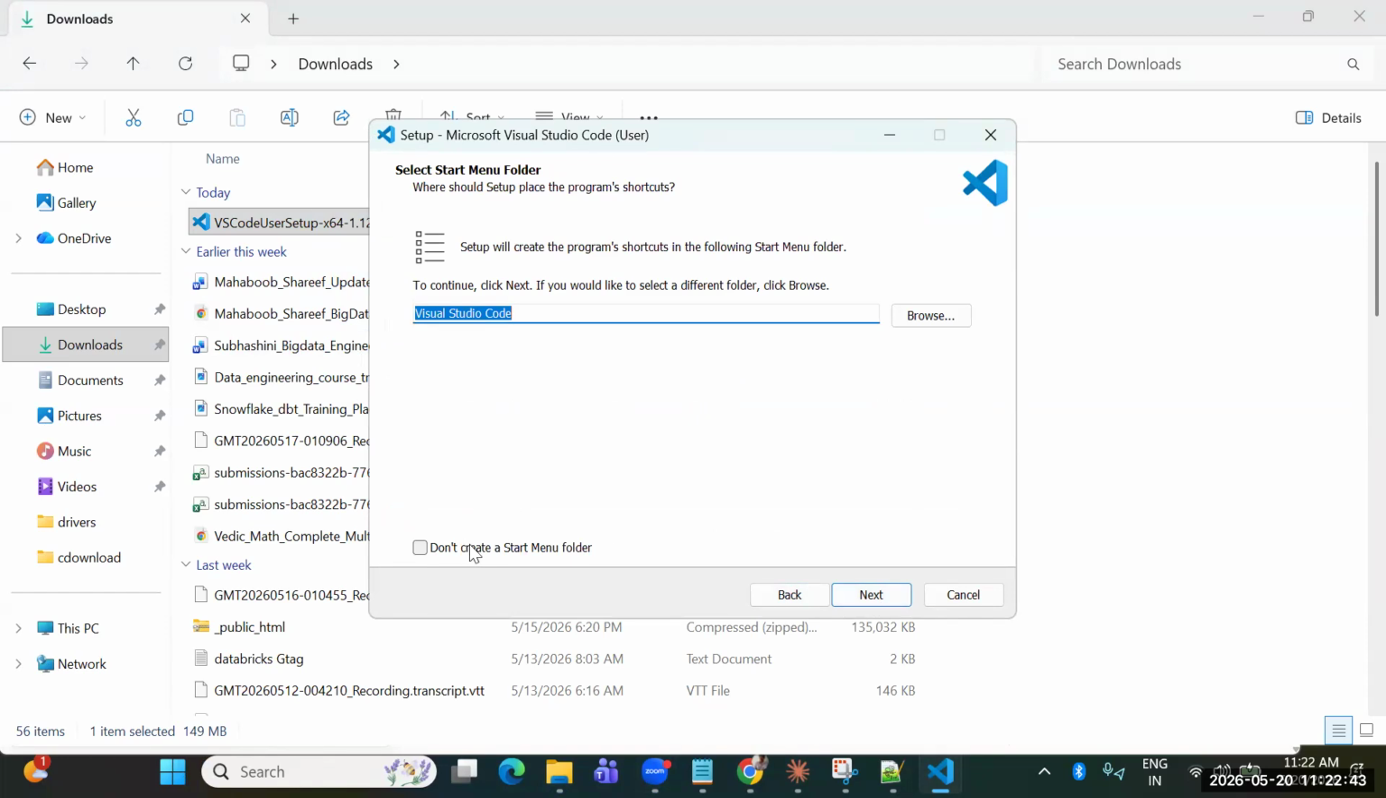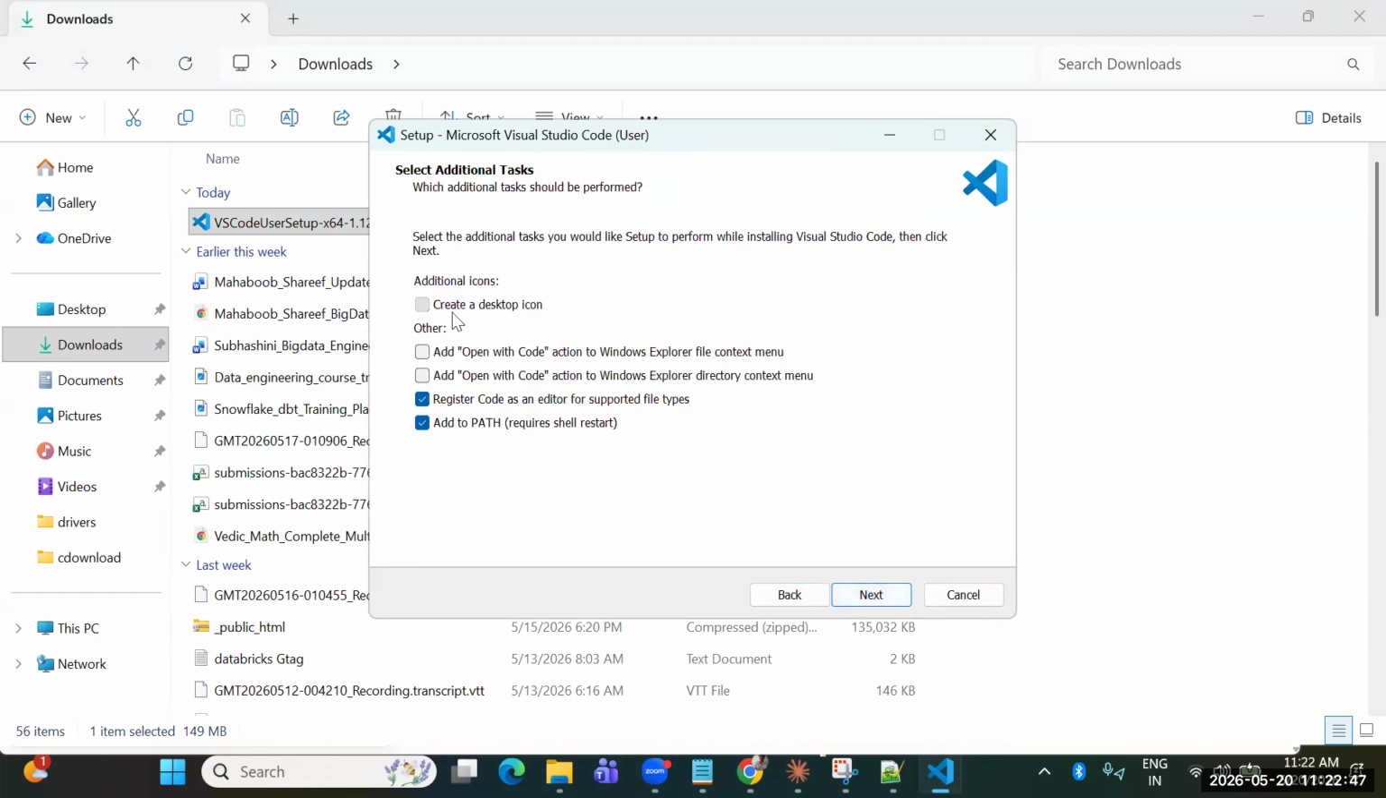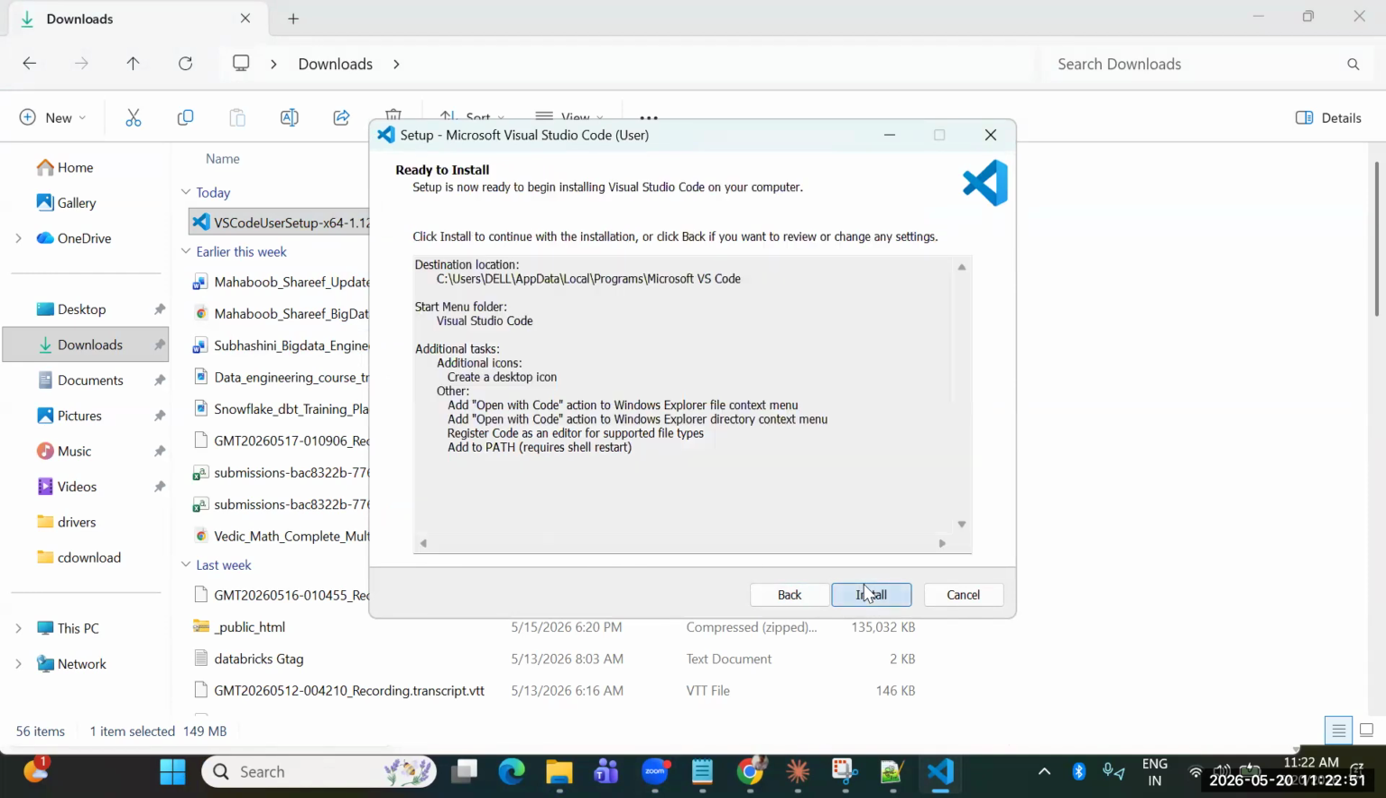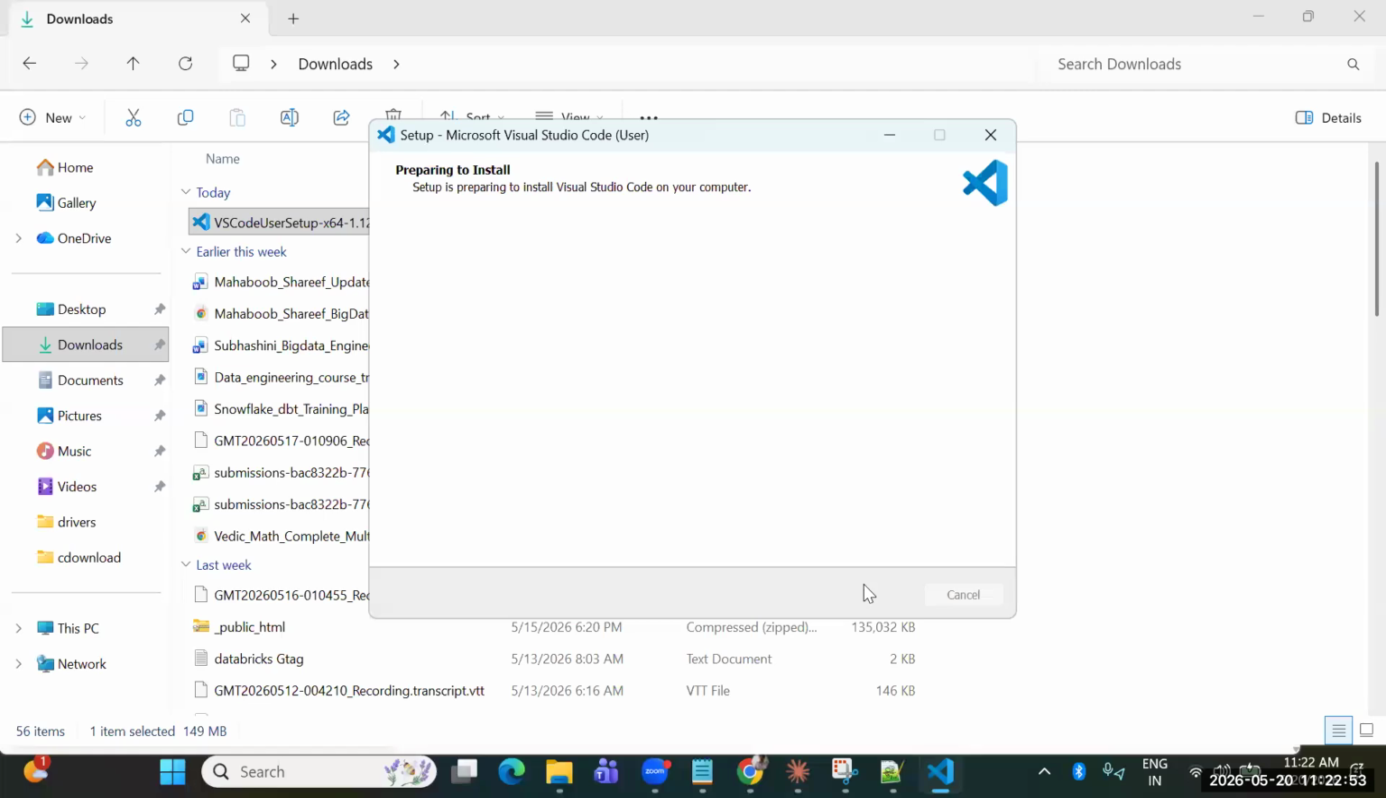Next, this is VS Studio. Okay, next. Create a desktop icon. All these things are recommendable, not mandatory. Okay. Next, install. Maybe it will take a little time. Okay. After that,